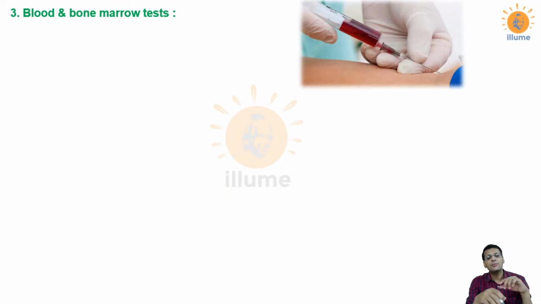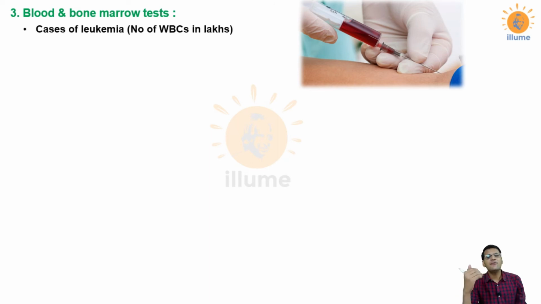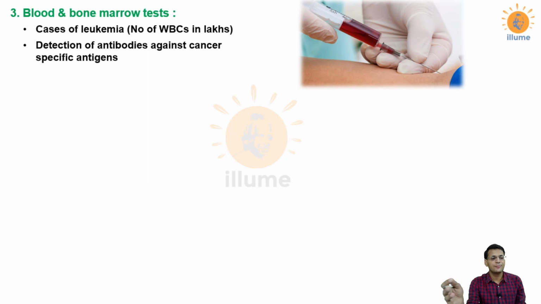See, if I simply withdraw blood from a patient and send it to a pathological lab to check the number of blood cells, then if the WBCs are in the range of more than 1 lakh, that clearly indicates that the patient is suffering from leukemia. Now because blood cells are born in bone marrow, bone marrow tests would also give us a picture of leukemia. Other than that, in blood we can look for antibodies against some cancer specific antigens. If those antibodies are present in the patient, that means those cancer antigens are also present, so that can also help in detection of the